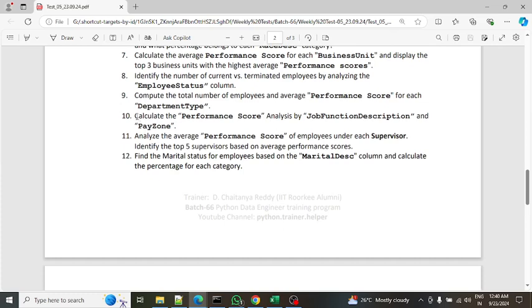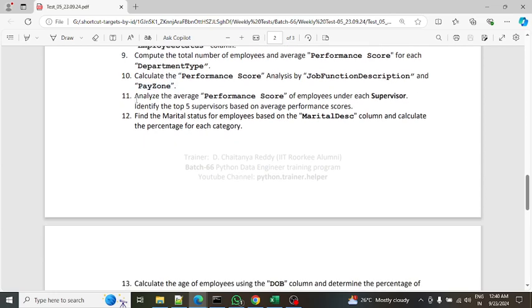And the tenth question is, calculate the performance score by analyzing the job function description and pay zone. So for the tenth question, the job function description and the pay zone are our inputs. With this, we need to calculate the performance score. Okay. And the next, the 11th question, is to analyze the average performance score of employees